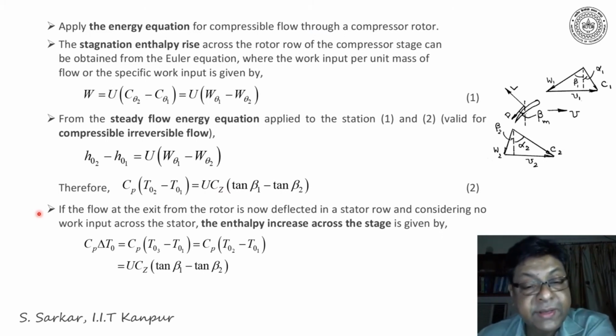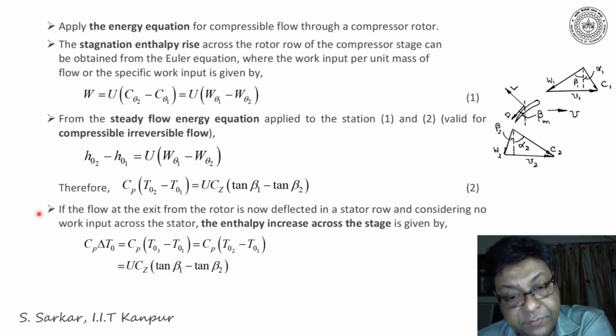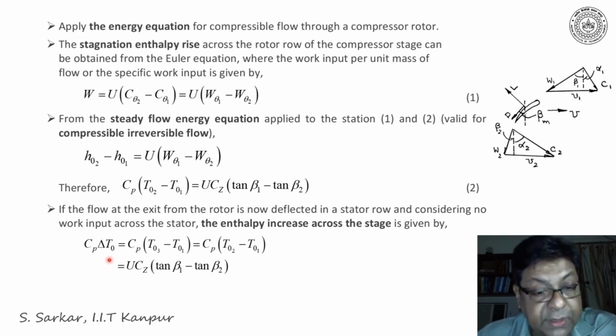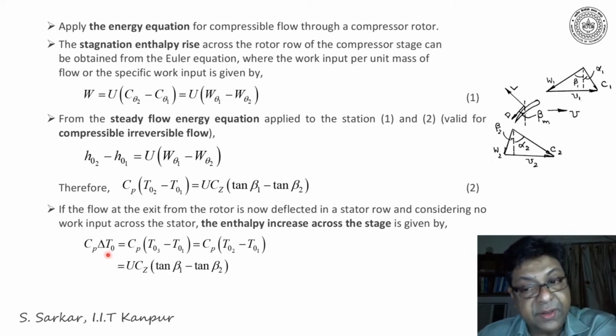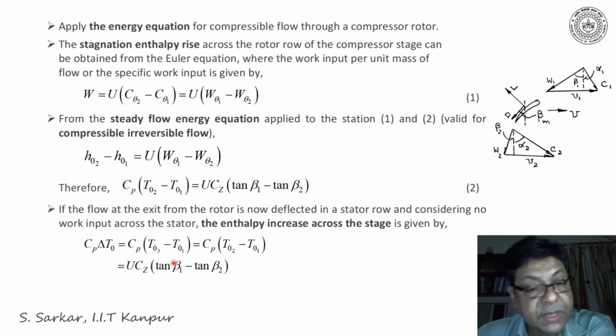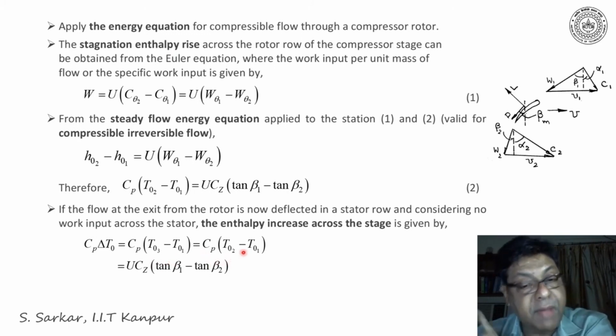Now please note that flow at the exit from the rotor would be deflected in the stator blade. However, there will be no work input in the stator. Therefore, the enthalpy increase across the stage would be Cp into del T0, where del T0 is the temperature rise across the stage, equal to Cp into (T03 minus T01), that is equal to Cp into (T02 minus T01), the temperature rise across the rotor, which is equal to U into Cz within bracket (tan beta 1 minus